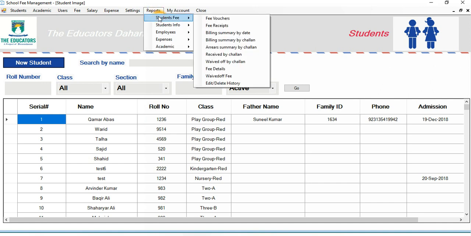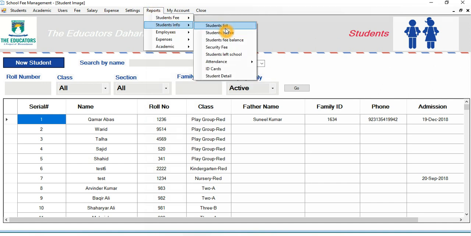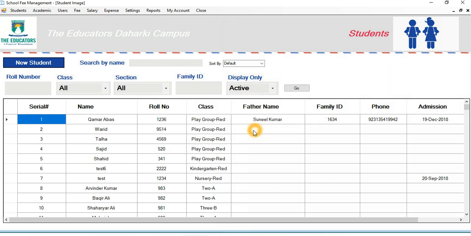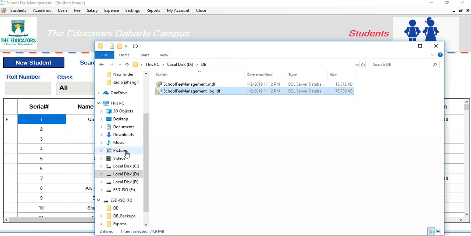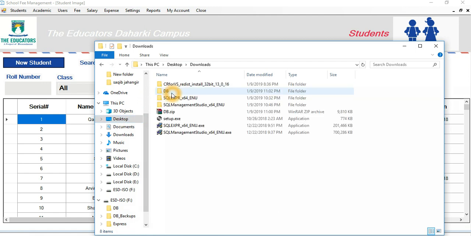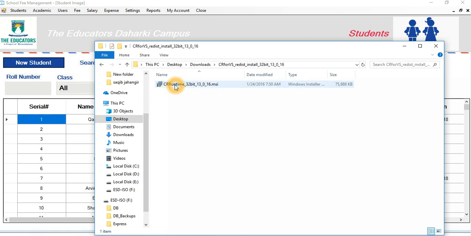You see still we are not able to view reports. This error is coming. So for this we have to install crystal reports. I have already downloaded crystal reports.